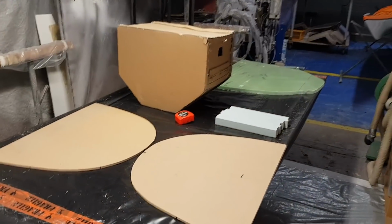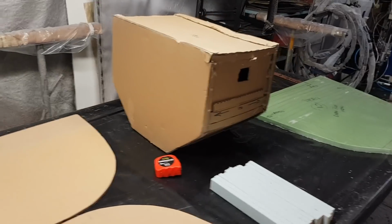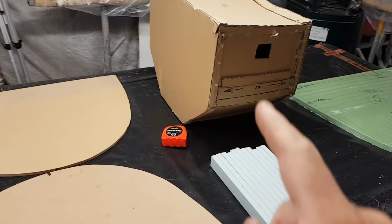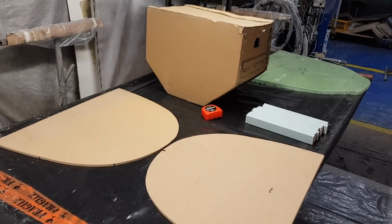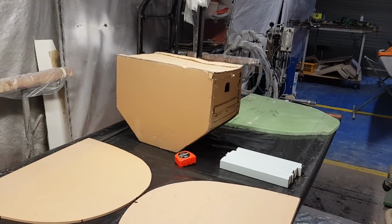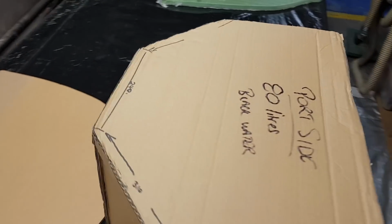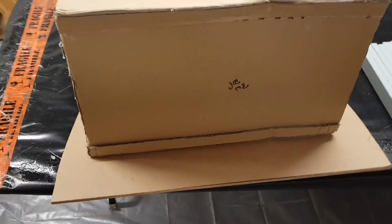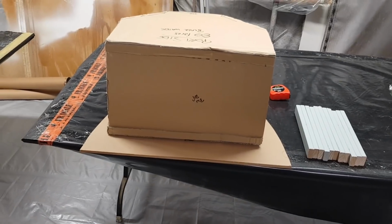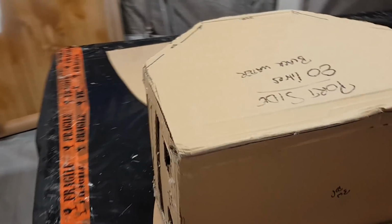And over here I've got my 2 templates. These are the 2 ends of the tank, and you can see here this is the original tank I've sort of templated up. The reason why I did this one is because I want it to resemble the one that was in the commercial version of my boat. But I've figured that I'm going to get around about 20 or 30 litres more very, very easily by using the hull shape. The difference in the amount of volume I'm going to basically achieve just by making a mould from the template of my hull. Very important, however, with a Blackwater tank that it is separate to the hull,